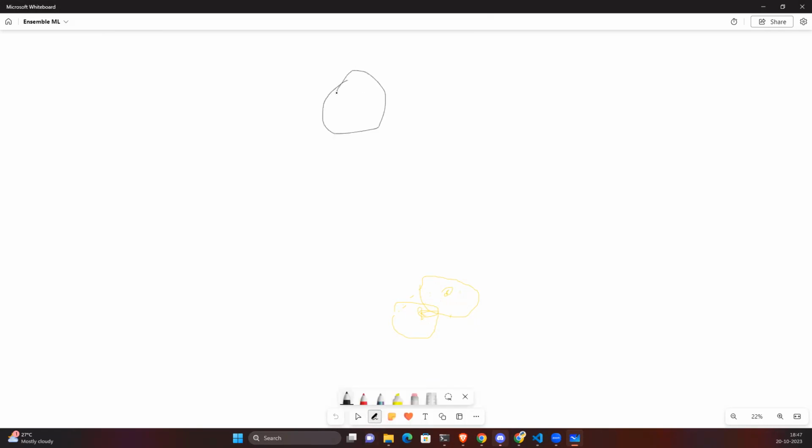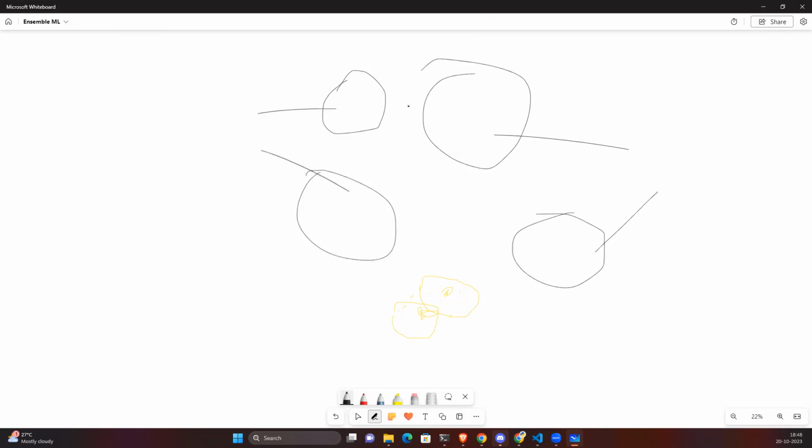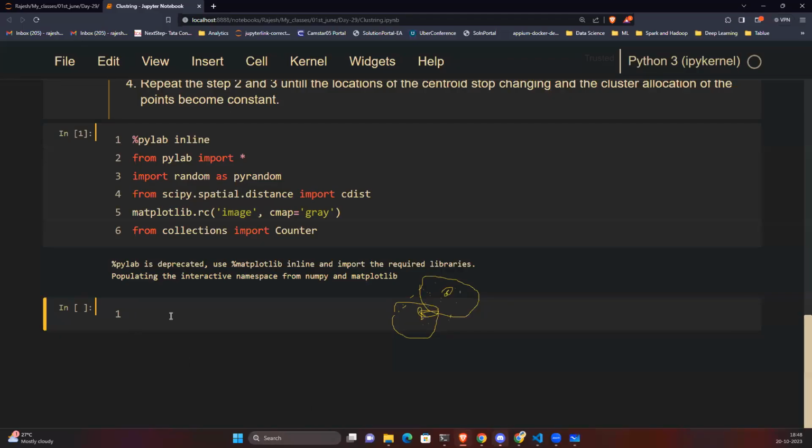So I was saying we are going to collect the sample from the different data points or different populations. As we are collecting the sample from the different populations, the variance of all these samples will be different, right? So what we are trying to do, we are going to collect the